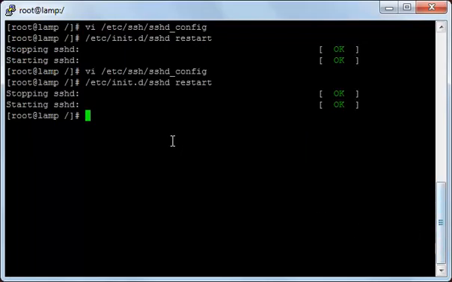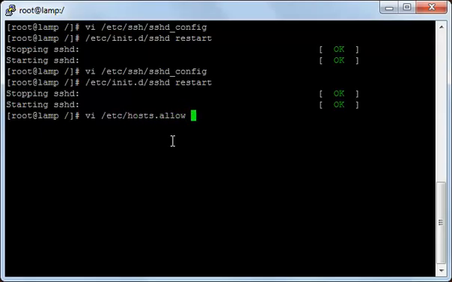And now we have seen how to allow an IP or deny an IP and make a specific user access shell with any other IP. There is another method, another way that you can allow or deny IPs, and it will be from a different file. I'm opening it with vi, and it will have the name etc hosts